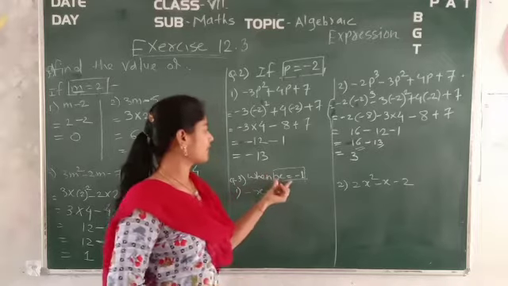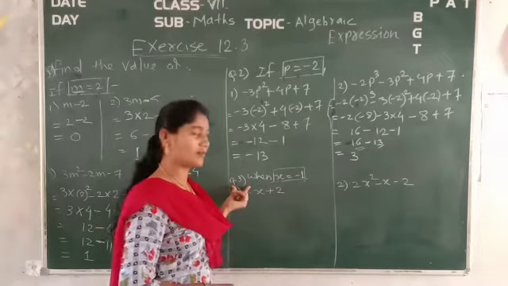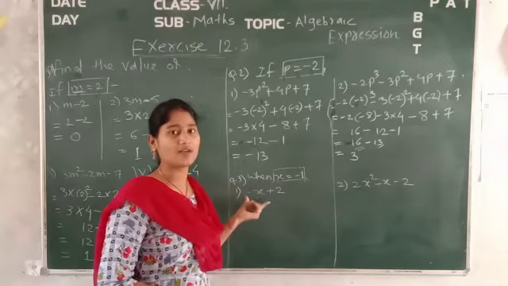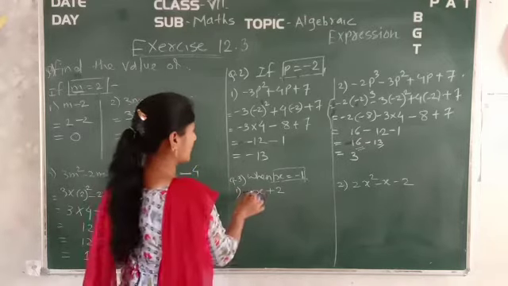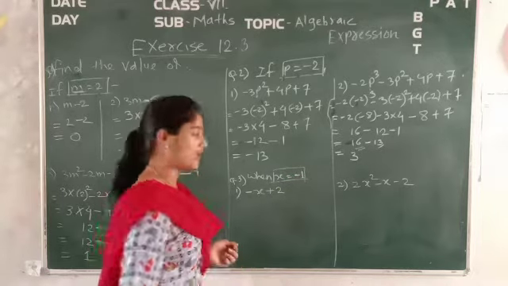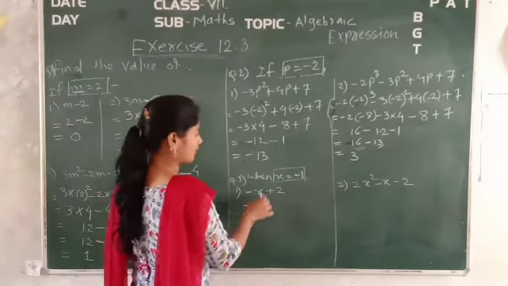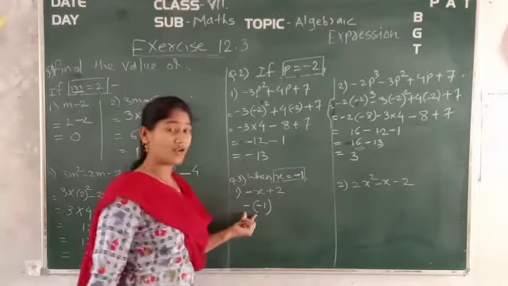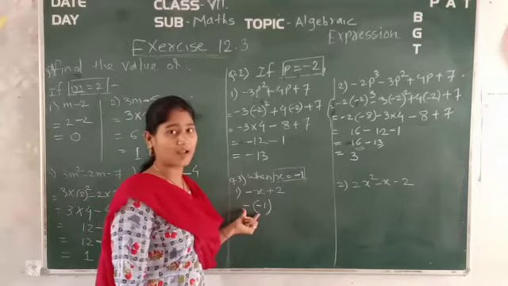Okay, now in the same way, if x is equal to minus 1, it is asking in question number 3. So here you can follow the same. Okay, that is minus x plus 2 is there, you have to put x is equal to minus 1. Let's calculate minus of x. What is the value of x? It is minus 1. Okay, now like that you have to put it in the bracket,